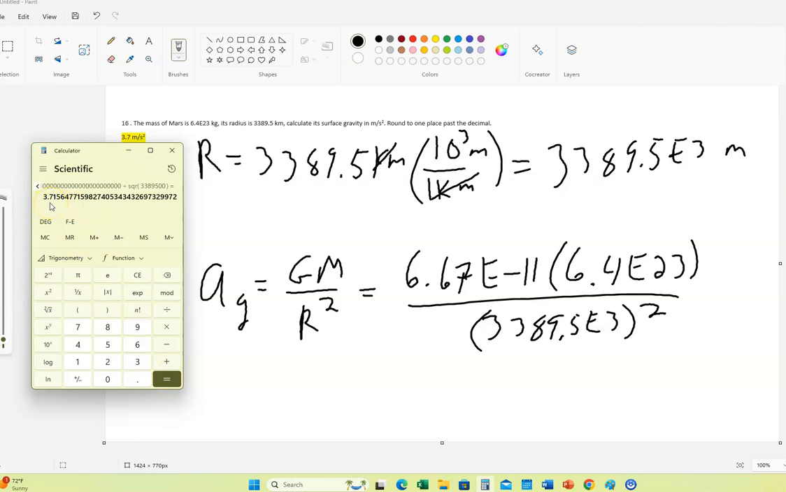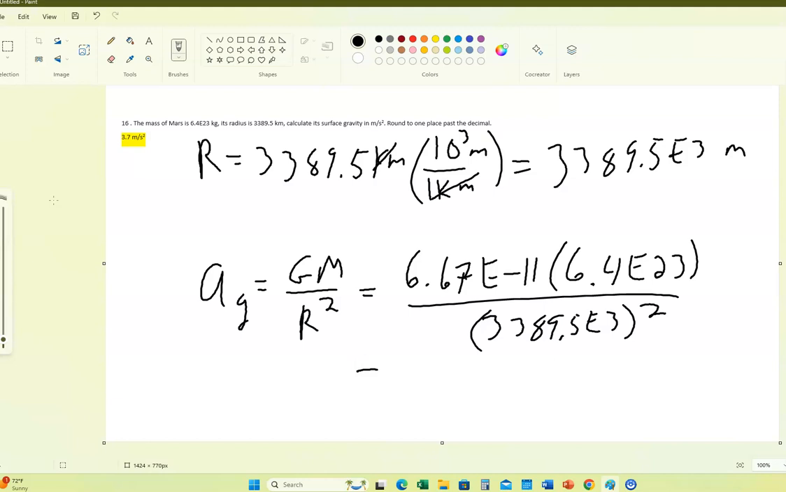All right, so rounding it to one place past the decimal, it would be 3.7. You don't round up because the next digit is a 1, and so that's below 5. So the answer turns out to be 3.7 meters per second squared. Right? Significantly smaller than the value on Earth. The acceleration due to gravity on Earth is a very famous number, 9.8 meters per second squared, which was